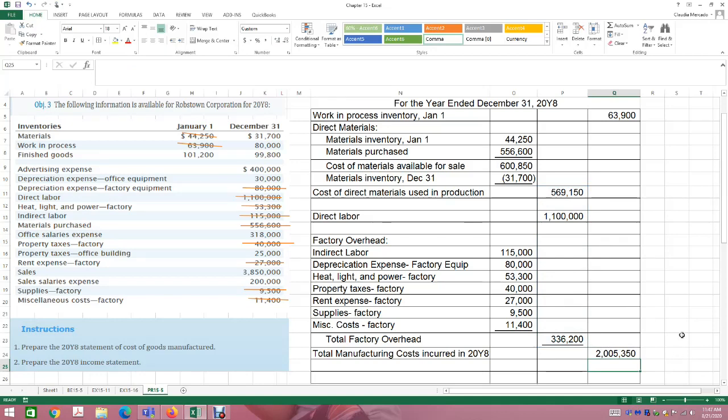Okay. Now, this is what we manufactured. This is our manufacturing cost for the year. Okay. Now, did we complete everything that we started manufacturing during the year? Okay. So we started off with our beginning work in process from last year, and then we put a whole bunch of items into production, materials, labor, and overhead this year, giving us a total of $2,550,000. Okay. Did we finish production for every single item that we started?